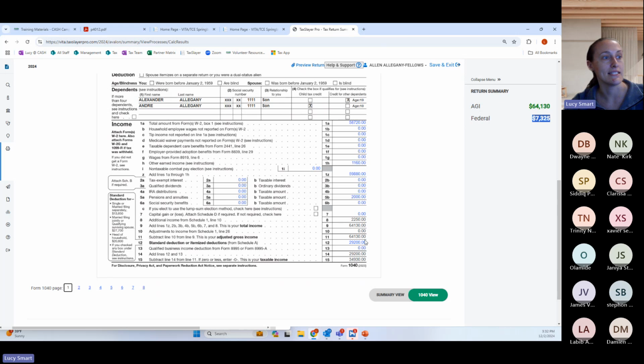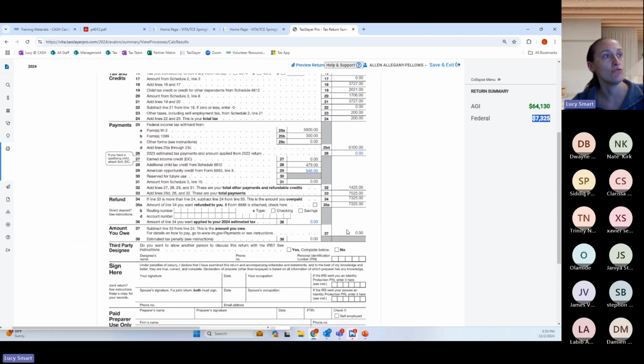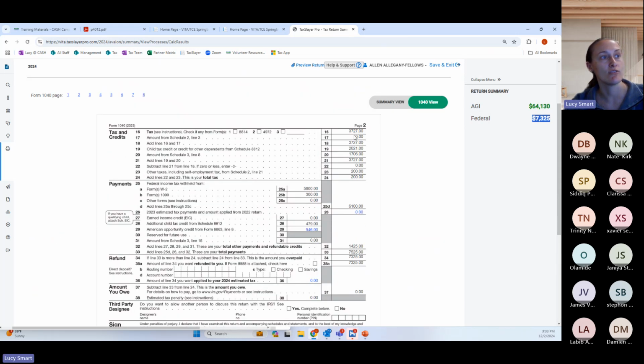Then everything gets added together. Their standard deduction is $29,200. So their taxable income for 2024 is $34,930. Page 2 shows us the tax, $3,727. They got the child tax credit and credit for other dependents. $2,021 was applied here. Some amount from Schedule 3, line 8 was applied,